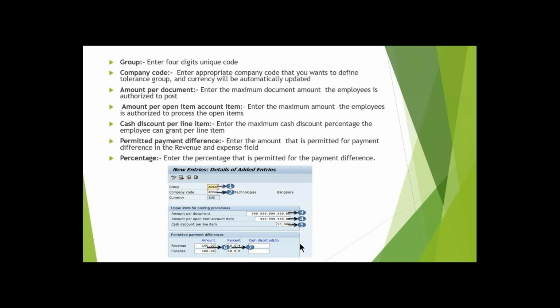So four nines in the sense, for individual lines, one number, I can give only at the thousands level, not more than that. Lesser than that you can give in an invoice. I can give tens, I can give hundreds, but I cannot give more than thousands. Like if I wanted to give more than 10,000, I cannot. The limitation of that document item, I have given only four nines.